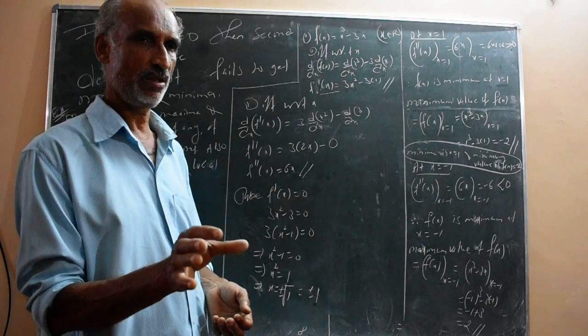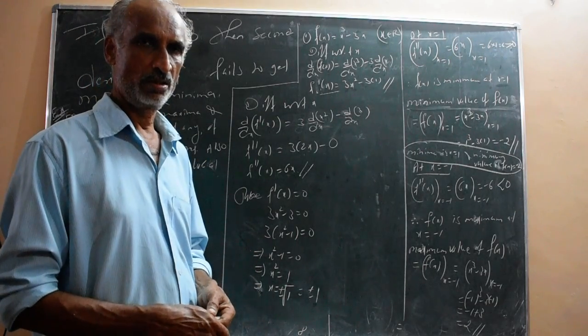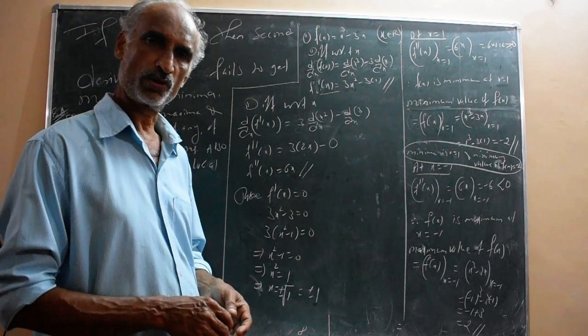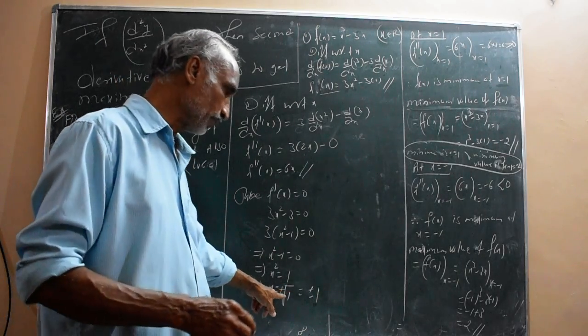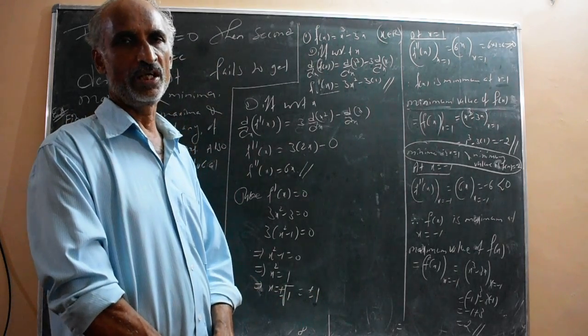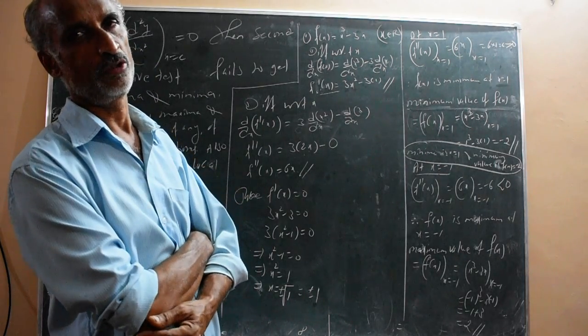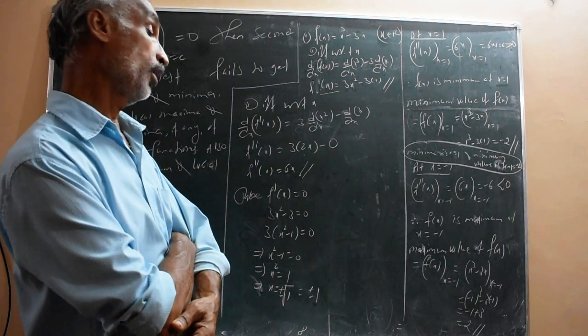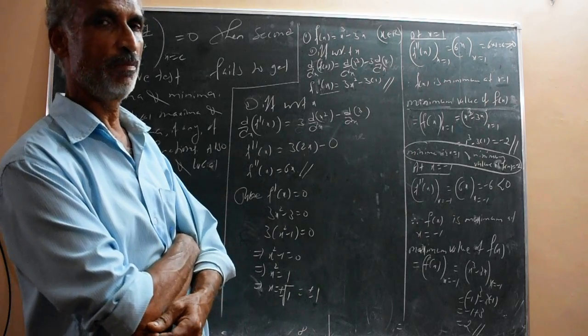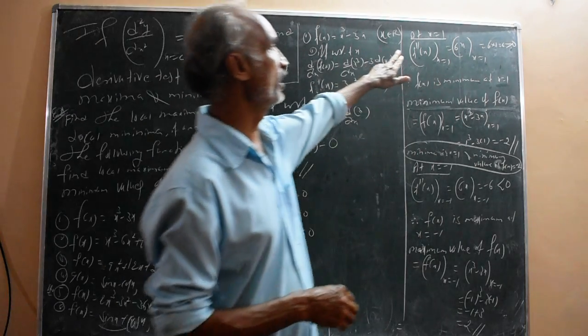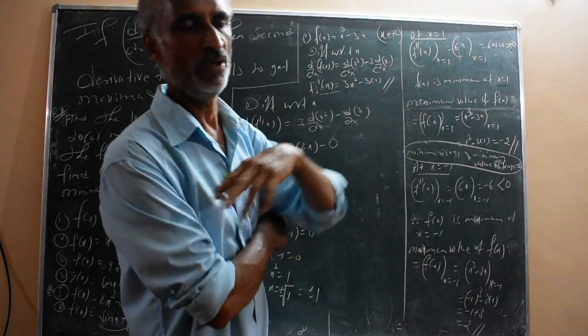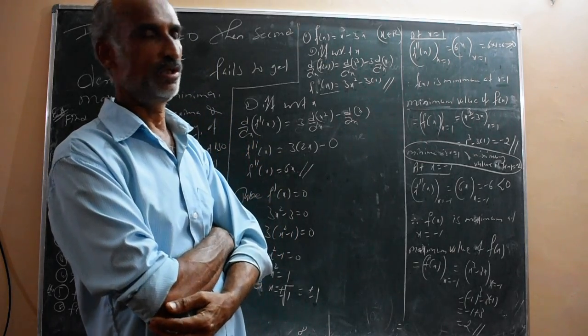Find f dash of x in step 1, and f double dash of x. Step 2, take f dash of x equals 0. You will get some x values, which in theory I have taken as x equals c. They are the extreme points, meaning maybe the point of maxima or the point of minima. How to check whether it is a maximum point or minimum point? In the second derivative test, f double dash of x,